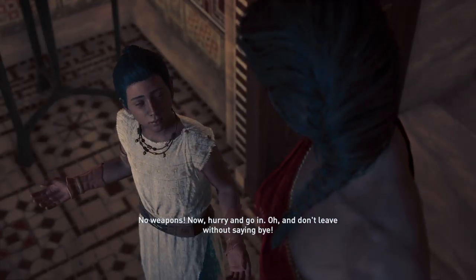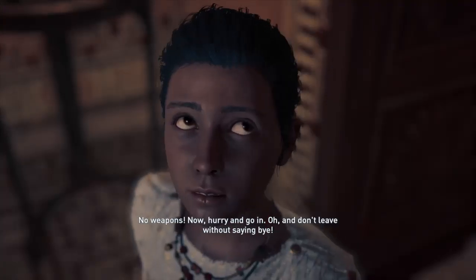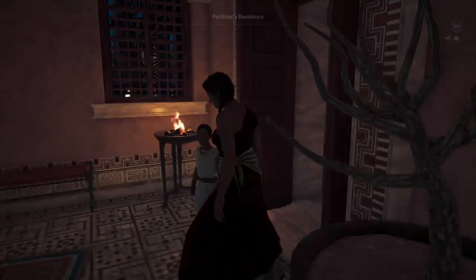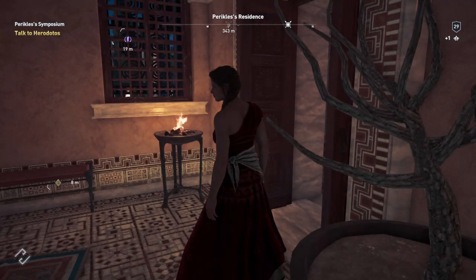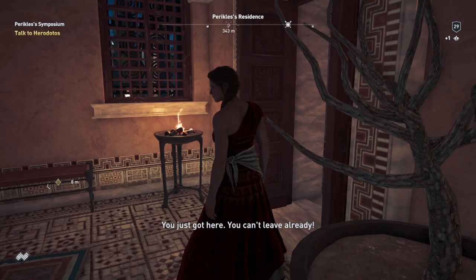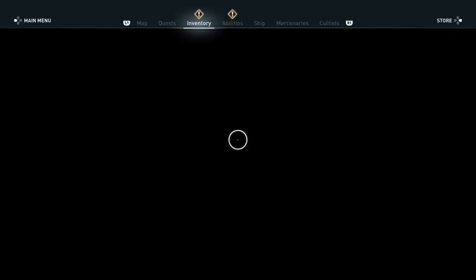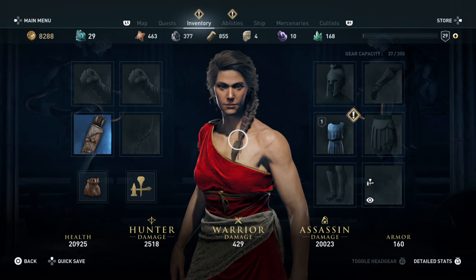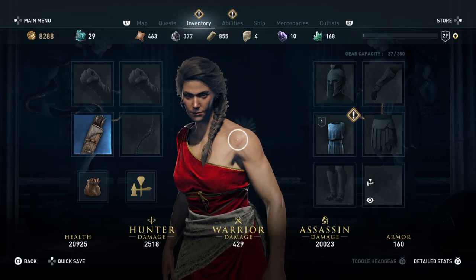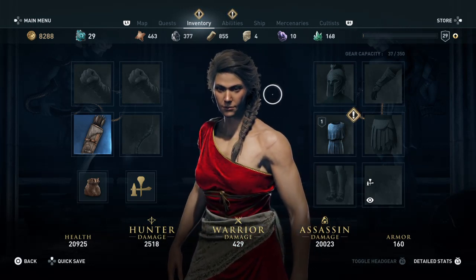No weapons. Now hurry and go in. Oh, and don't leave without saying bye. You just got here. You can't leave already. Pretty please tell me we get to keep this.